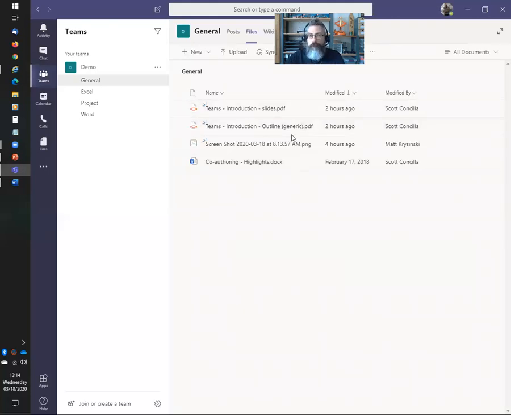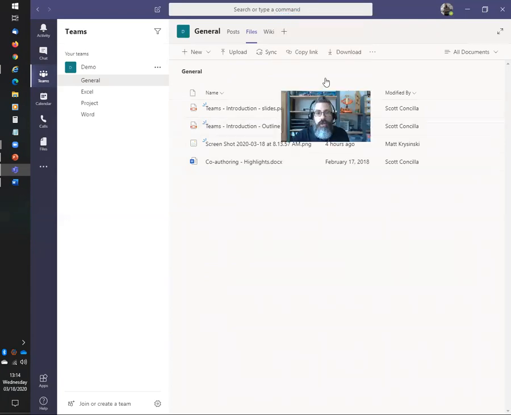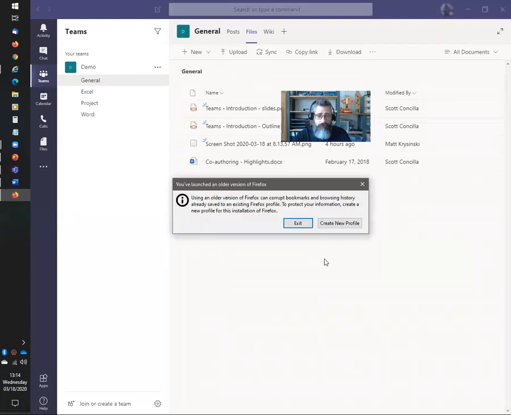But these 4 files that you see right here in this channel, these aren't stored in Teams. They're actually stored in a SharePoint site, which I can actually get to if you look. When I'm in here, if you click on the 3-dot menu, there's an open in SharePoint option. And if I do that,